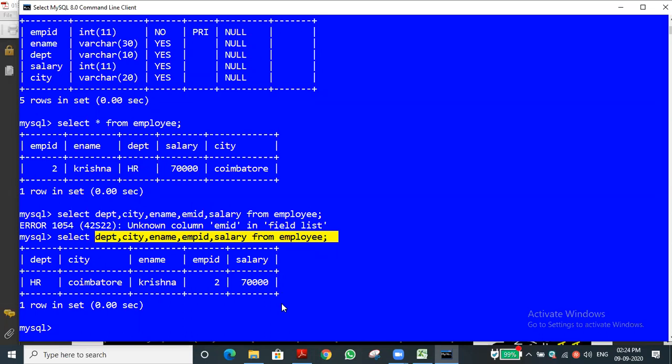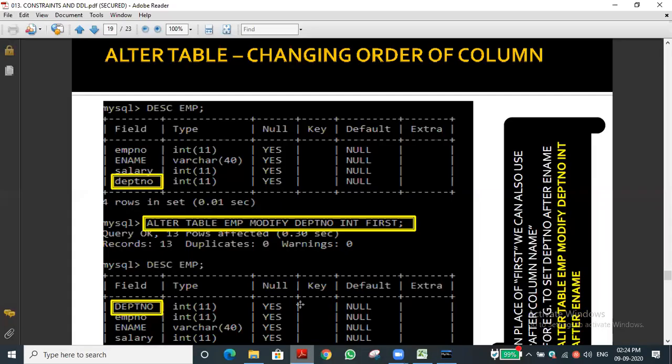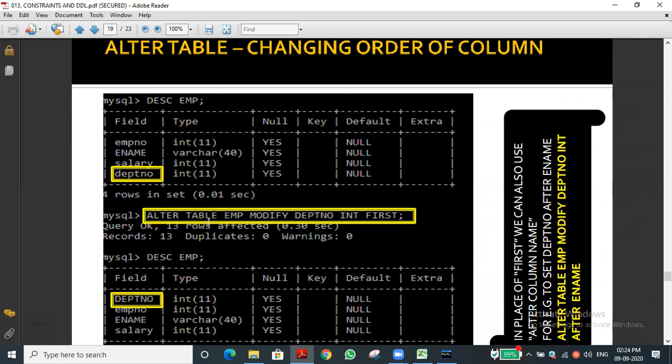If you want to make changes on the table itself, how to do that is what we are going to see. How to change permanently the field to be first or last or whatever. Let's see. You can see ALTER TABLE table name MODIFY. Then which field we need to modify. For example, I want to modify the department number field.